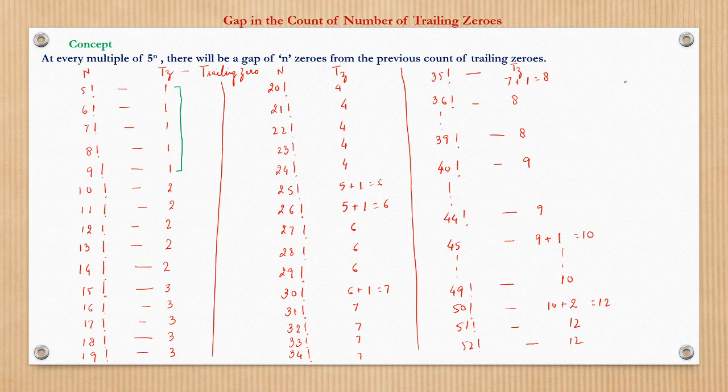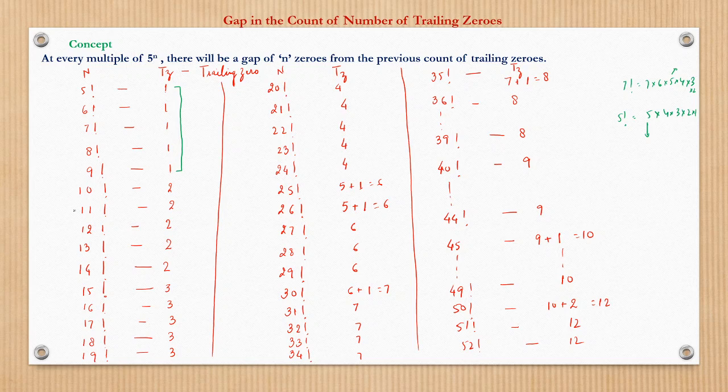Because even 7 factorial is nothing but 7 into 6 into 5 into 4 into 3 into 2, and even 5 factorial is nothing but 5 into 4 into 3 into 2 into 1. Now let us see, 7 factorial has only one 5, and 5 factorial also has one 5, and the number of 5s is the same, so we have the same number of zeros. So because 5, 6, 7, 8, 9 all have only one 5, we have one